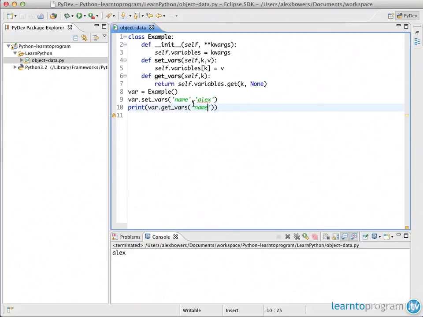So, as you can see, everything that we would have previously had to do for setting and getting variables can now be done with just two functions and the kwargs here. So we can also do extra things, so I'll do age is equal to 17, and I can do location is equal to UK. Now if I was to again print var.get_vars and location,